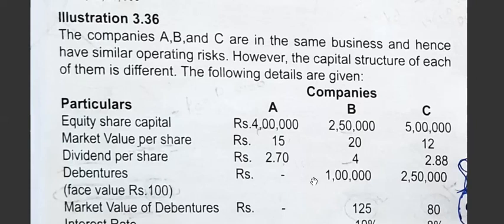So this is the end of the cost of capital chapter. I have done all the problems under the cost of capital. The last 5 problems, including this problem, yesterday's class and the day before yesterday's, are of 24 marks. So all the 5 problems will appear for 24 marks in the exam. So go through the problems, and any doubts you can clarify. We are finishing the cost of capital chapter today. Thank you.